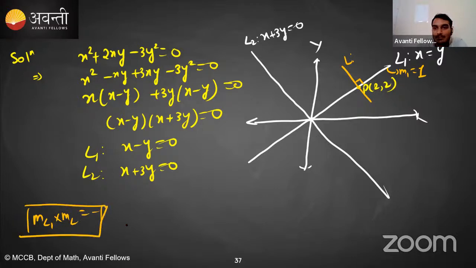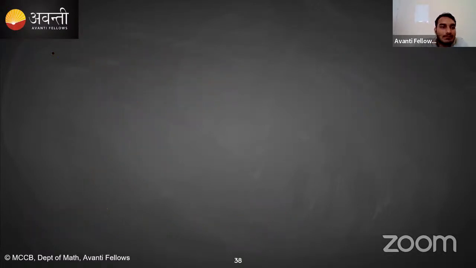What is the slope of L1? The slope of line L1 is 1. So 1 into slope of L should be minus 1. So the slope of line L is minus 1. So now the equation of L is